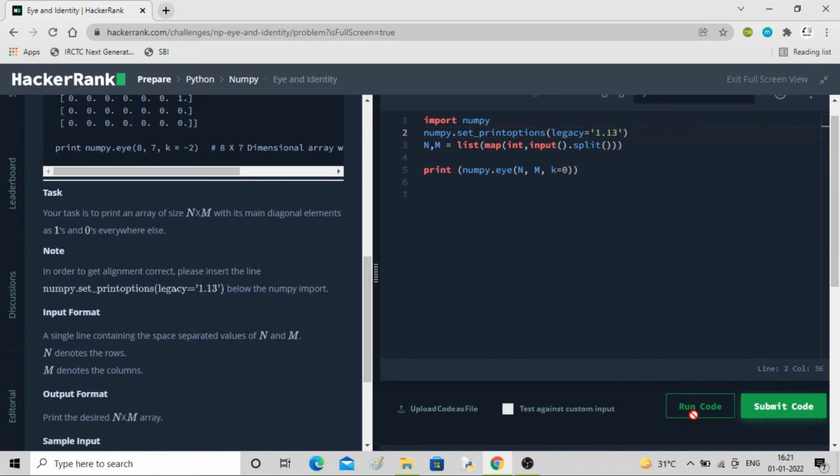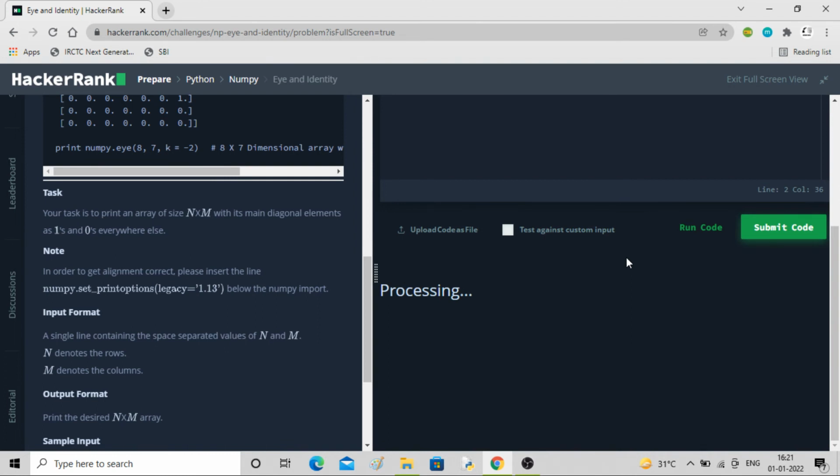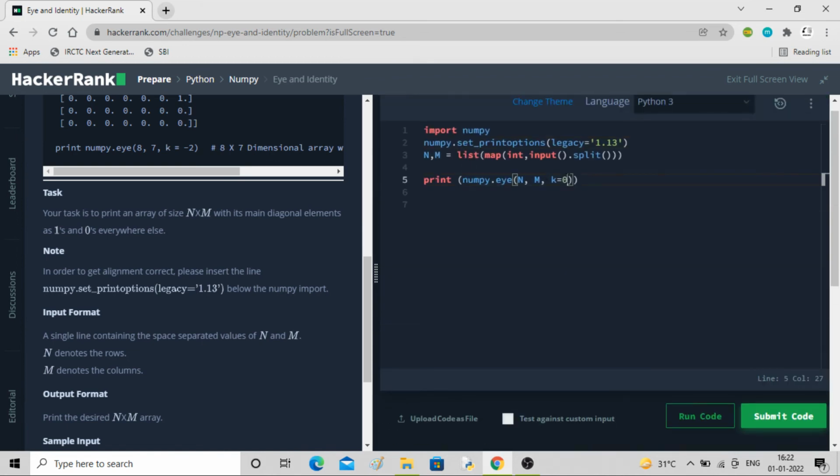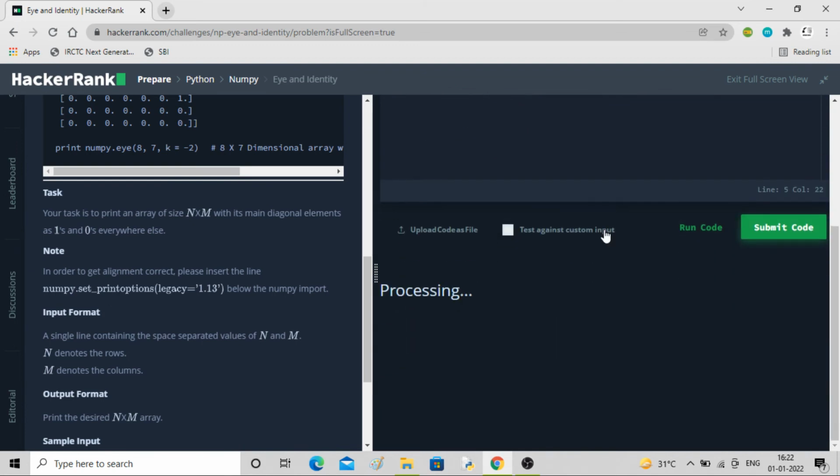Now maybe it will look good. Yeah, so alignment was the problem, and now it is fixed. You can even remove this. Okay, so I think it will work.